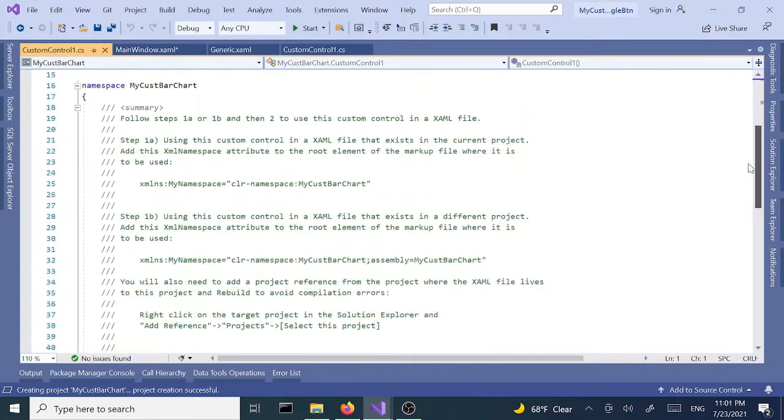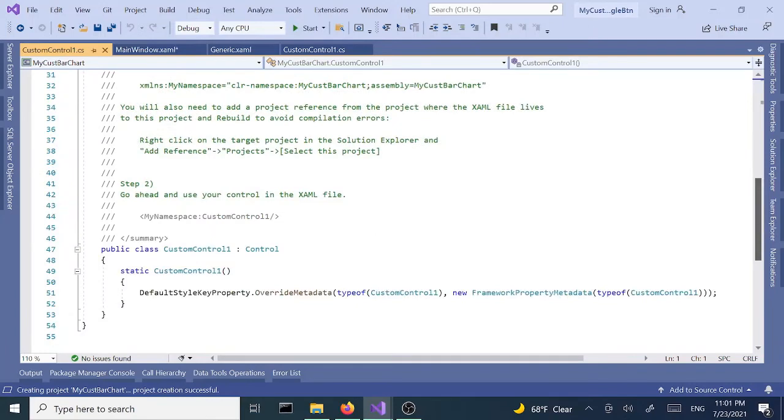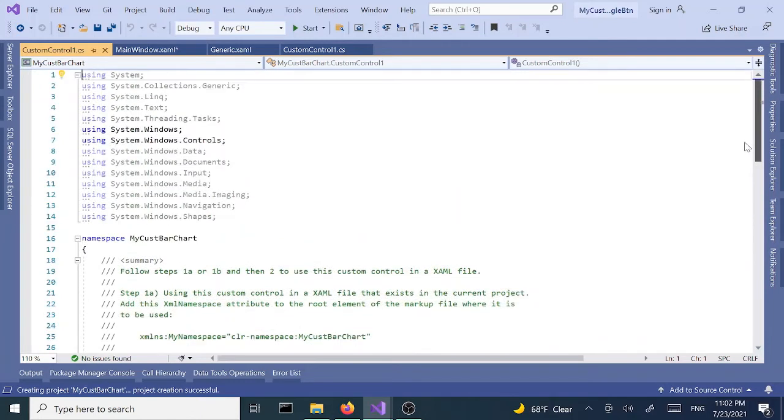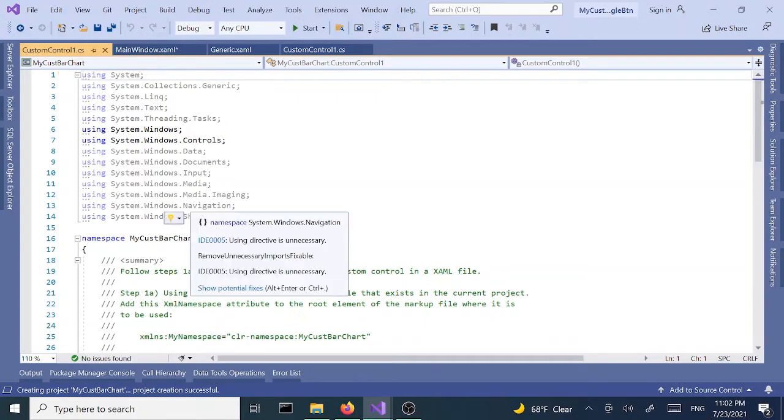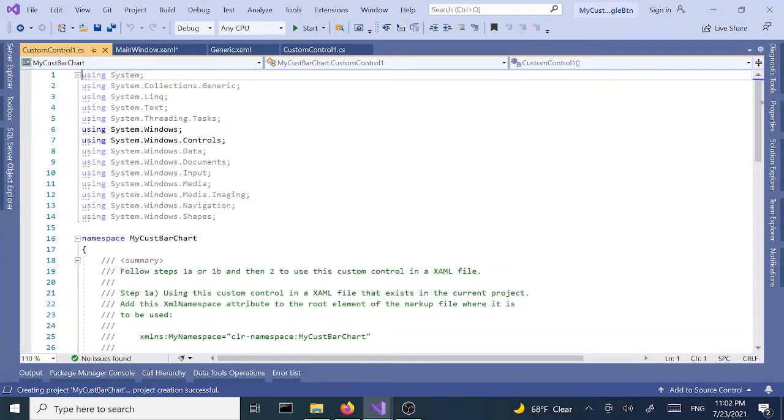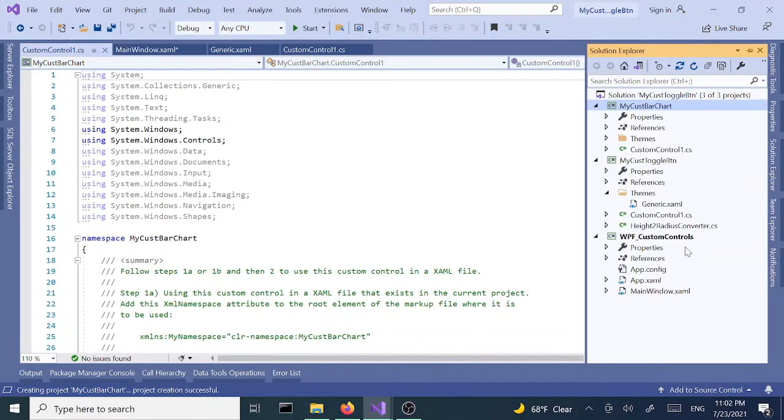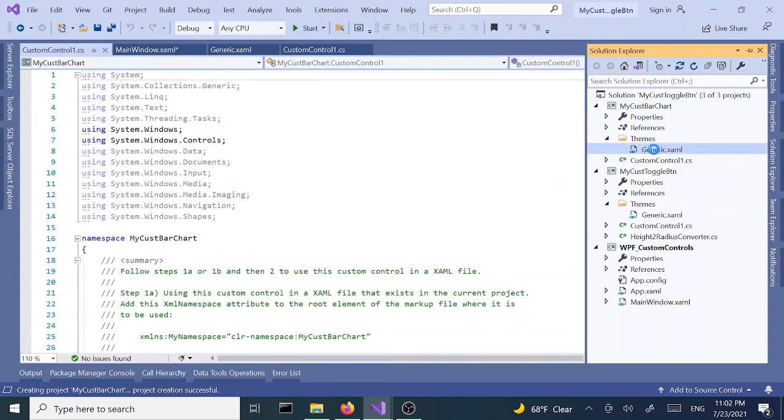Okay, so we are back to our custom control 1.cs that Visual Studio created for us for this tutorial. And let's see, I think I'm gonna get rid of, not yet, I'm not gonna clean up yet, just in case I need one or two of those. So I'm gonna go to Solution Explorer, and just like the first one, we are going to go into our Themes folder and double click our generic.xaml